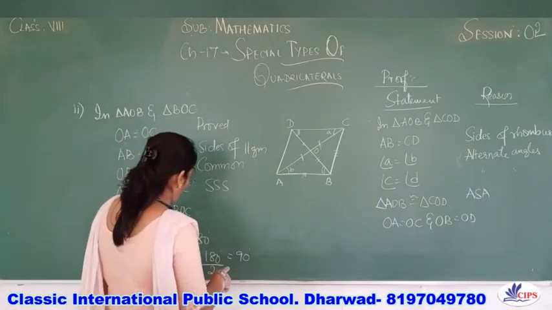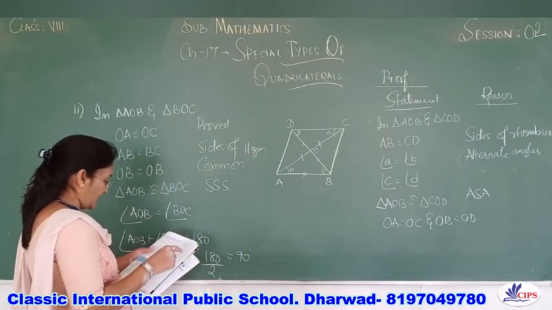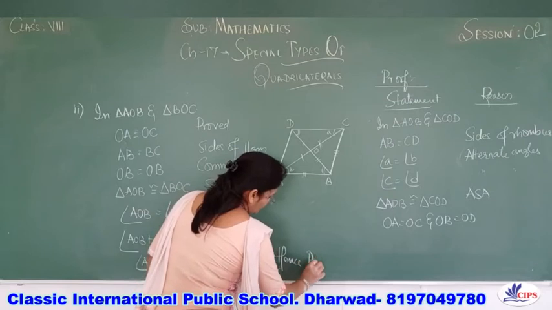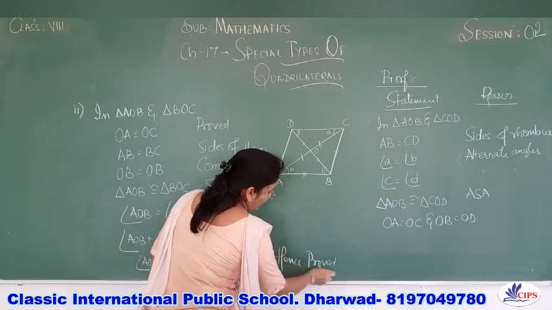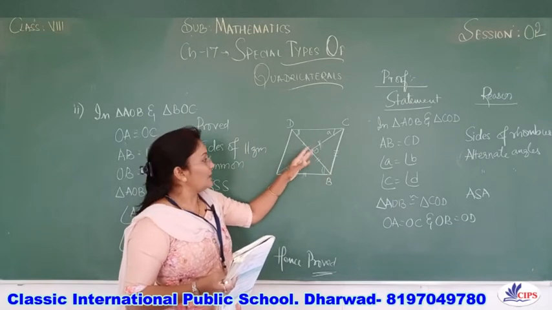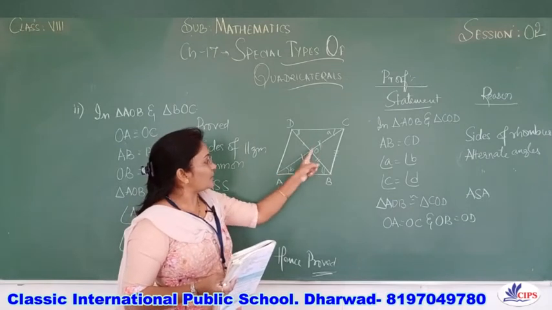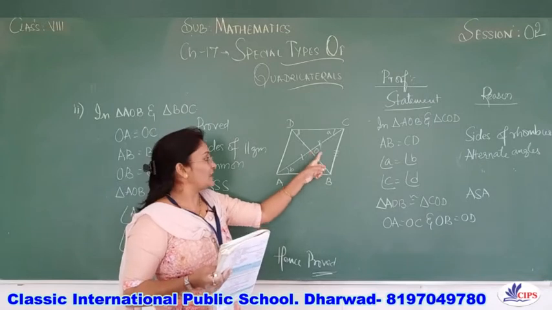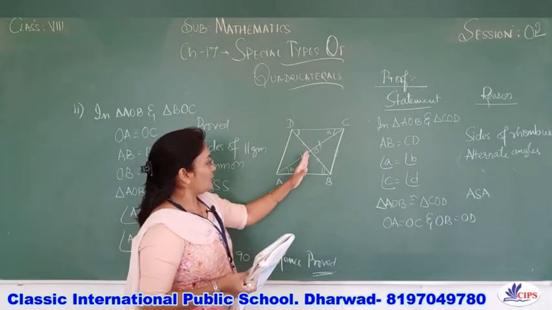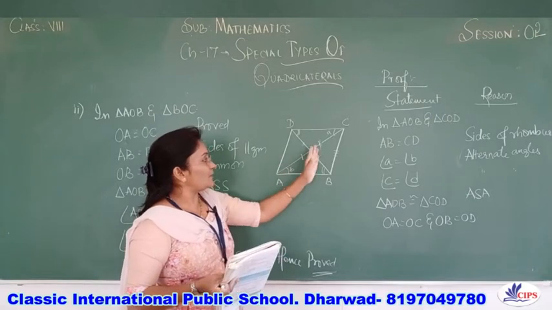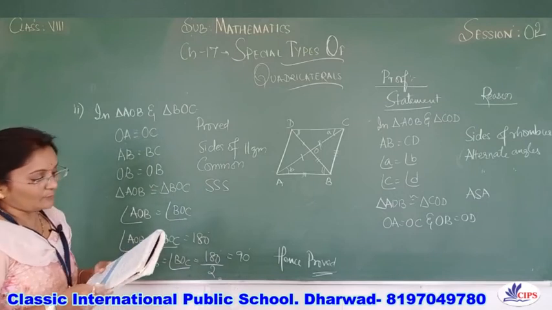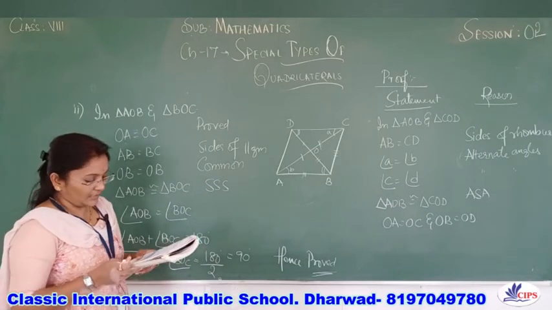So angle AOB is equal to angle BOC, we got it as 90 degrees, so hence proved. When I drew the diagram, I told you both the triangles are standing on a straight line, so the sum of angle AOB and BOC will be 180 degrees, isn't it? Linear pair, how do you say? So AOB is equal to 90 and BOC is equal to 90 degrees. So we have proved that diagonals of a rhombus bisect each other at right angles.